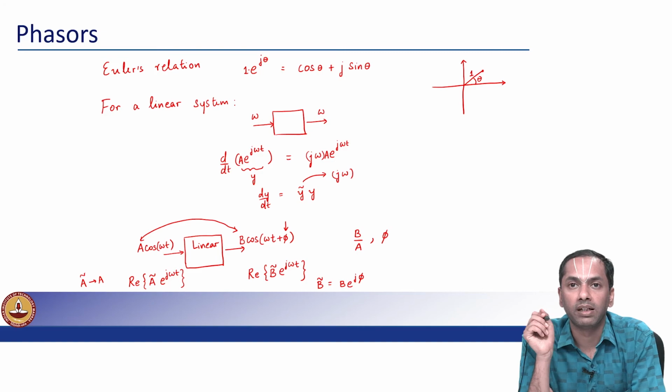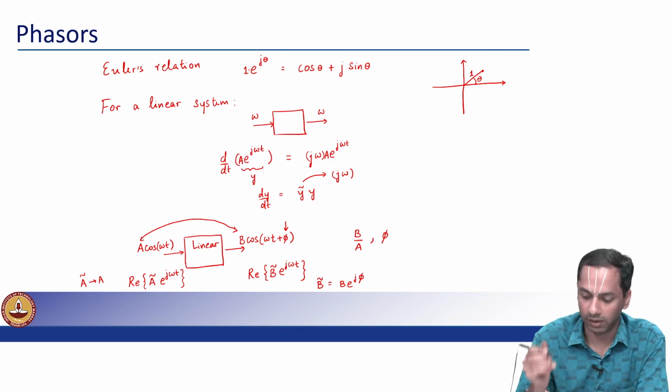So, now this b tilde is what we call a phasor. It is a complex number. Although the input has been chosen to be a real scalar, the output in general is allowed to be a complex scalar b tilde, which is what we call a phasor,